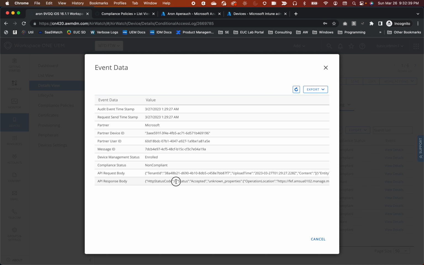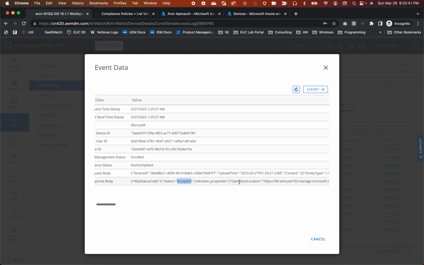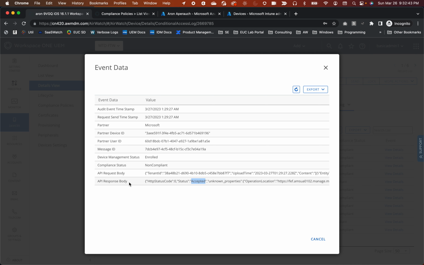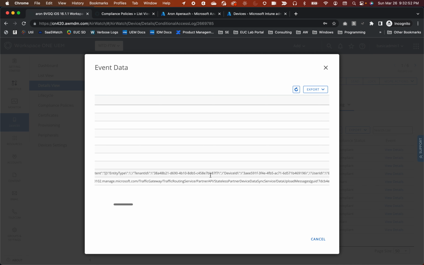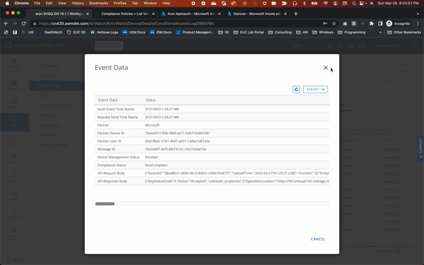So I got a status code 0, status accepted. This is the response body from Azure, and then this is the request body. This is the JSON data that Workspace ONE sent to Azure. So on the Azure side, there should be a correlating event. It does seem hard to find, but